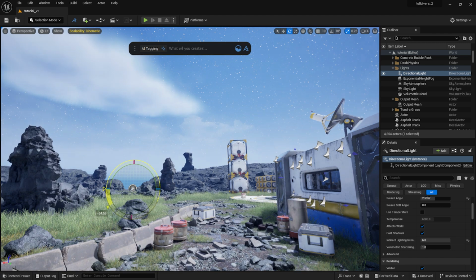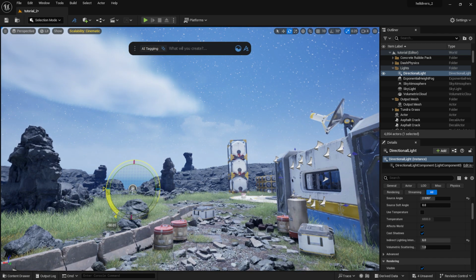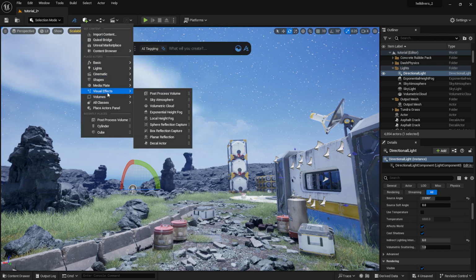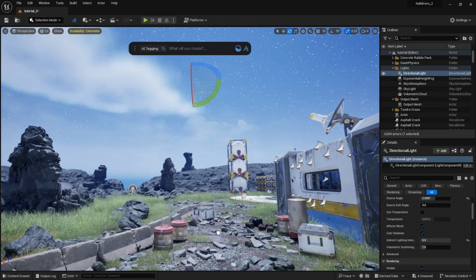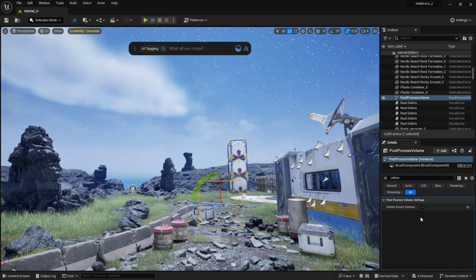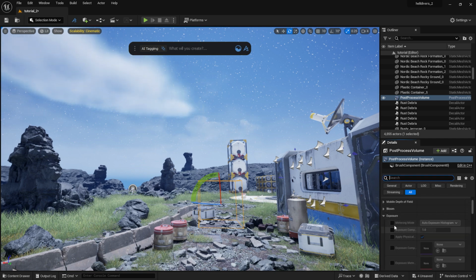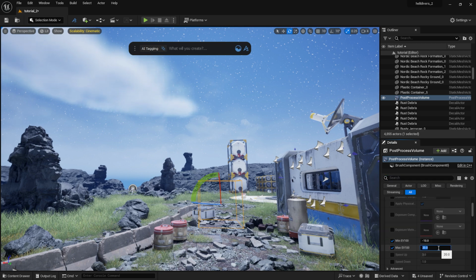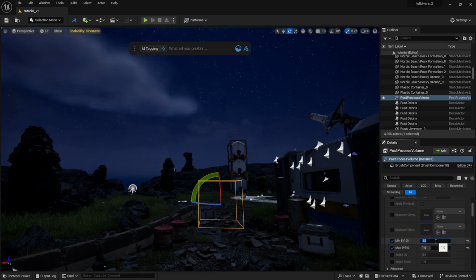Rotate a bit. Now I will add the post process volume to the scene, and I set it to unbound. I adjust exposure,